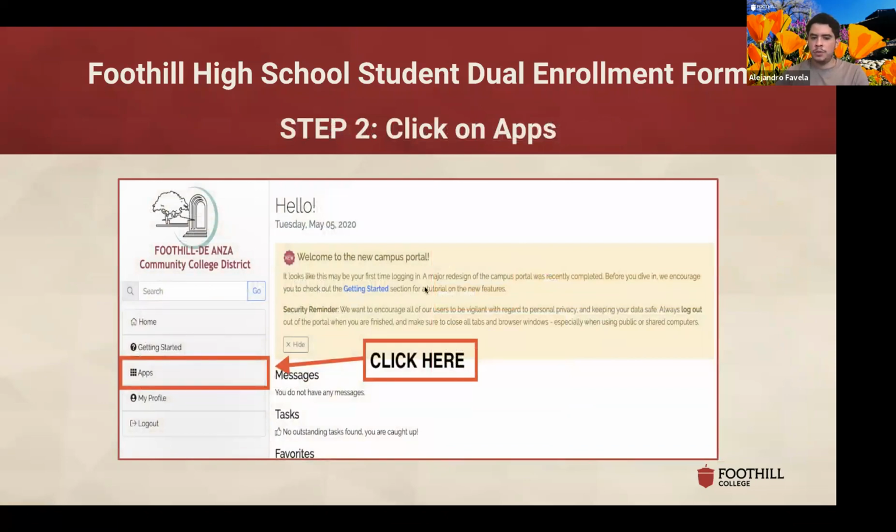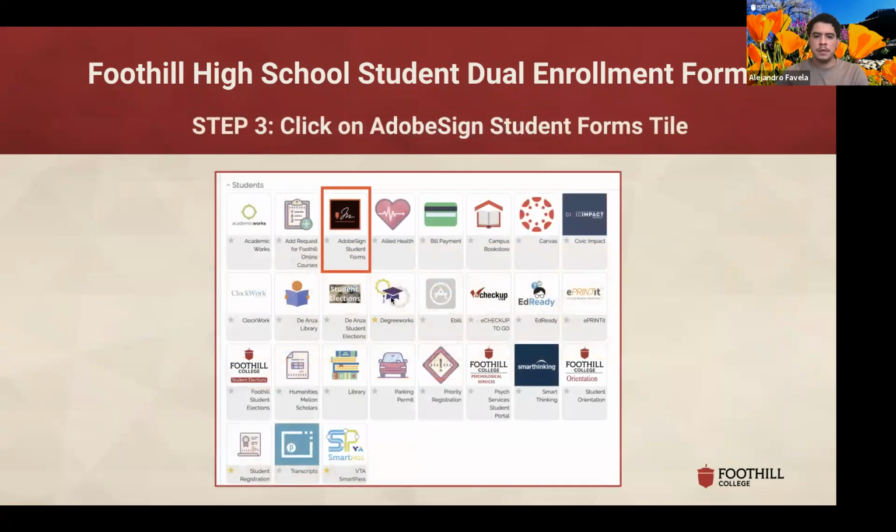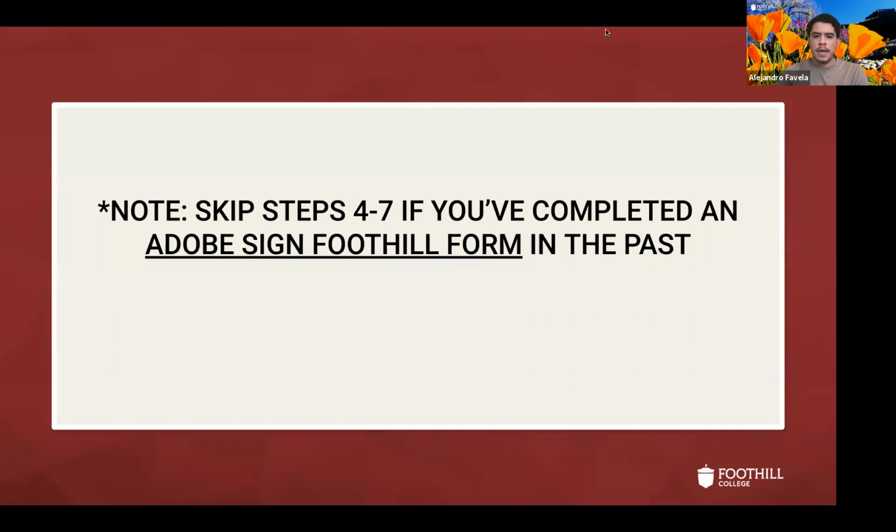And then just in terms of next steps, you go to apps, under student apps, you find the Adobe Sign student forms. You would click on that. And then I also wanted to highlight here, maybe there are some of you out there that have already taken a